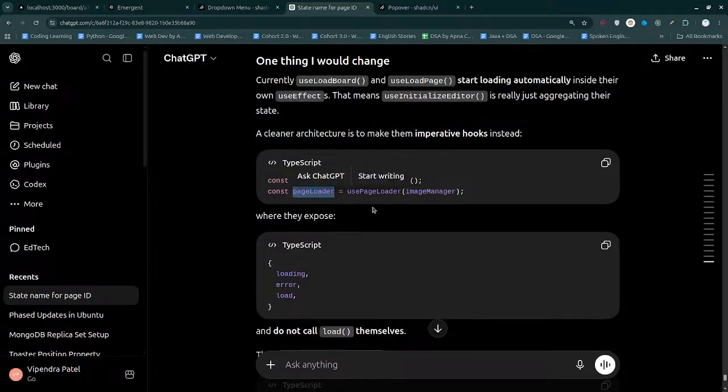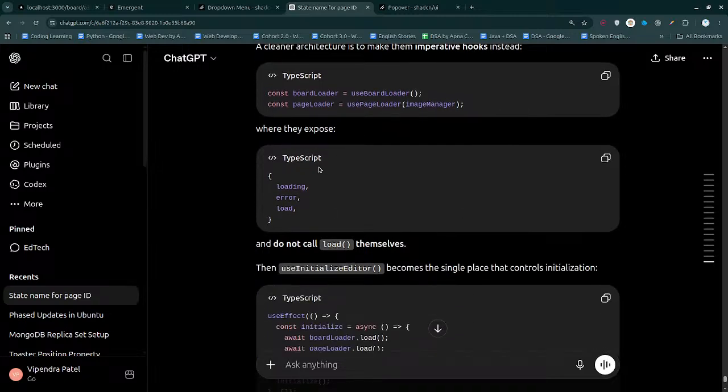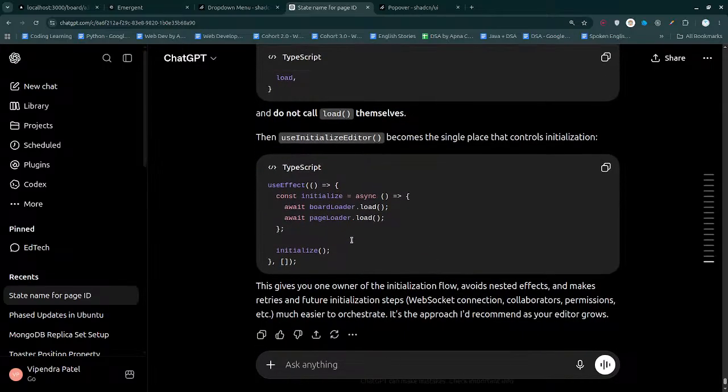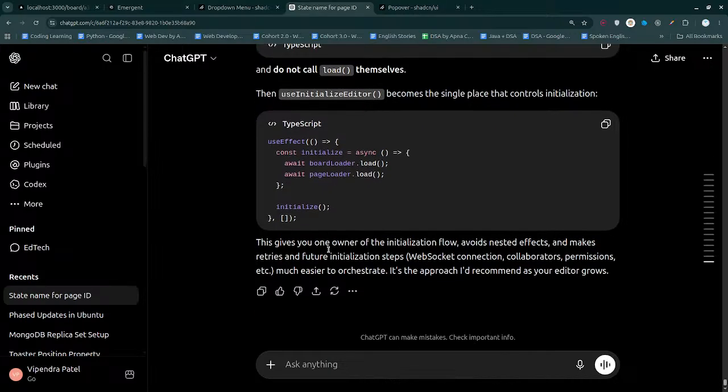Board loader, we are gonna be having the page loader, image manager, that is fine. Page loader, where they expose these, that is right. Do not call load themselves, rather initialize will be just simply calling them. This gives you on. Okay,